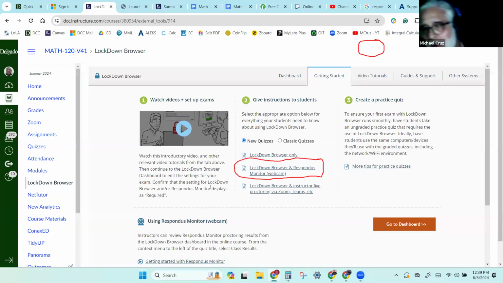I just got to find somebody that knows about the Canvas version. I've always used the Alex, and so